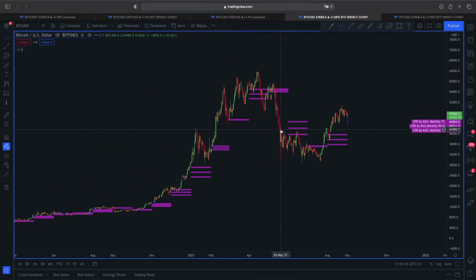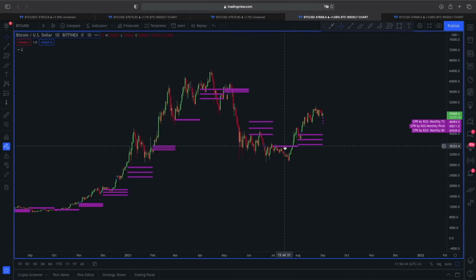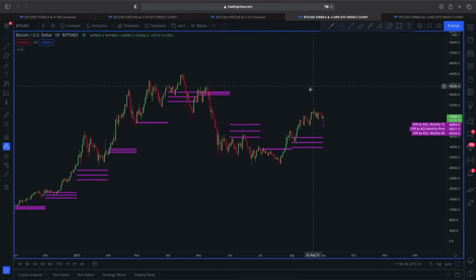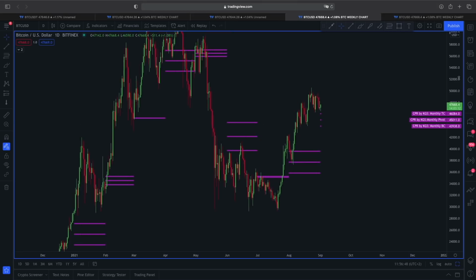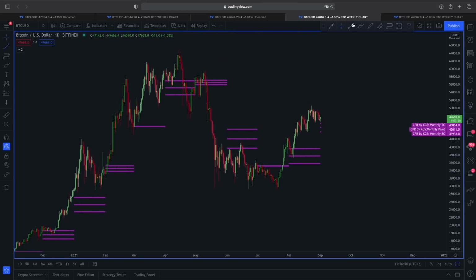So now coming back to this Bitcoin in a daily time frame along with the CPR indicator. So as you can see guys, we were almost correct, because we knew yesterday the CPR line here is going to be a narrow CPR, and it's also going to be an ascending CPR. I mean, these CPR lines, these three lines, are going to be higher than the previous CPR line. That is going to indicate the bulls are still in control.